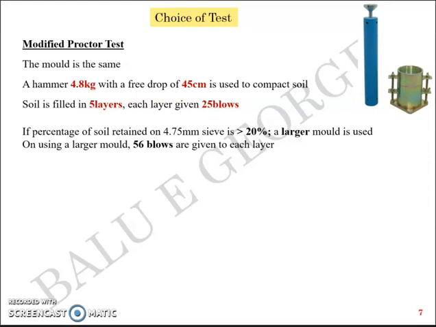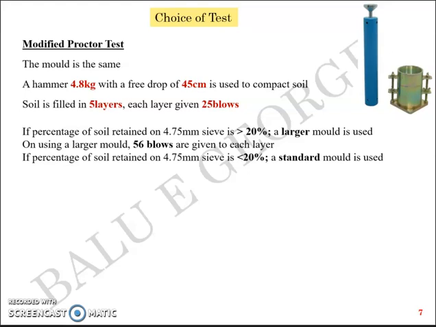Here comes the key point. On using a larger mold, instead of 25 blows, you use 56 blows for each layer. If the percentage soil retained on 4.75 mm sieve is less than 20%, you go with the standard mold and you stick on to the 25 blows, right? So the choice of the blows depends on the percentage of particles retained on 4.75